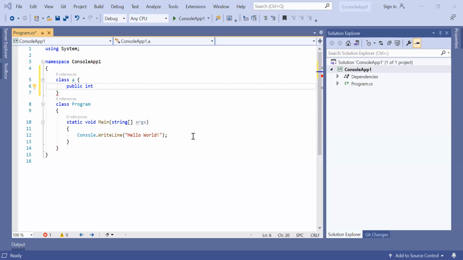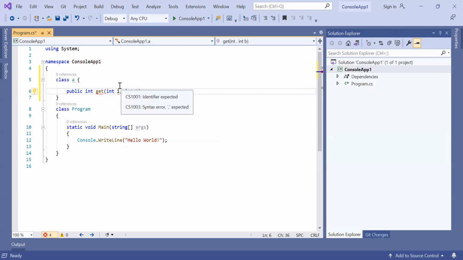Sorry, not visible. Okay, let me share again. Let me know if it is visible. Yes, visible now. Instead of 1, you can put A.